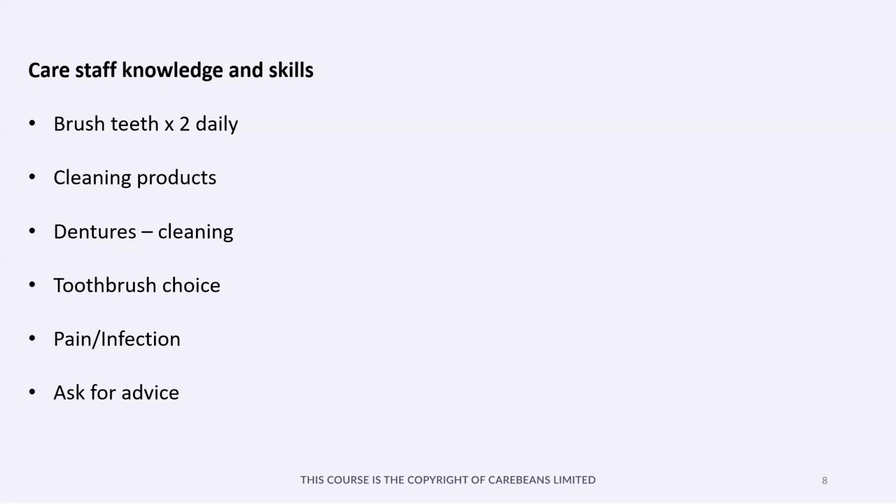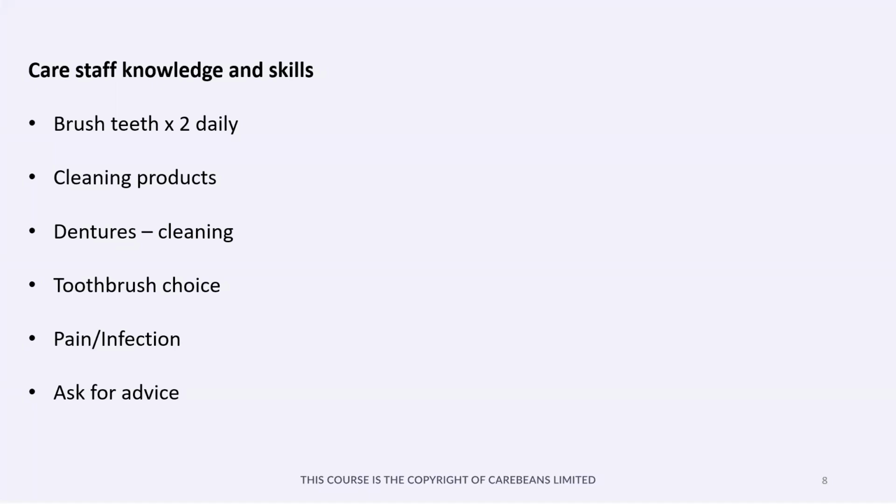There are lots of different types of toothbrush. Of course, we talk about their choice of toothbrush, what they normally use. Like we said before, that could be a manual toothbrush. It might be an electric, battery-operated toothbrush. There are different mouth care products as well that a person might wish to use. There are soft bristles, there are tougher bristles, and a dentist would probably be able to advise on the best type